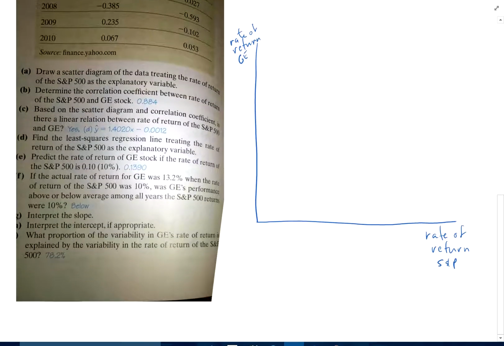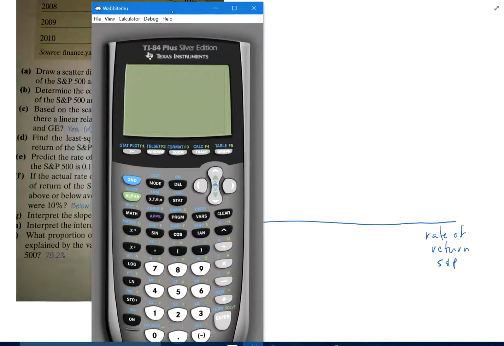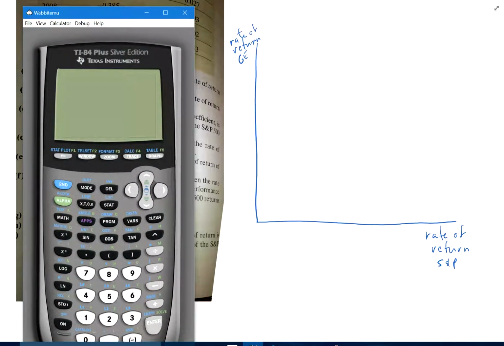So we're going to go ahead and make a scatter diagram. So we want to put the data in our calculator. And I already did that ahead of time. So if I turn it on, and here's all the data. There's 15 years worth. I put the data in. So if we want to make a scatter plot, we go to stat plot. I'm going to turn it on, and I want to go to the scatter plot, which is that first one. My X list is L1. Y list is L2, and I'm going to go zoom